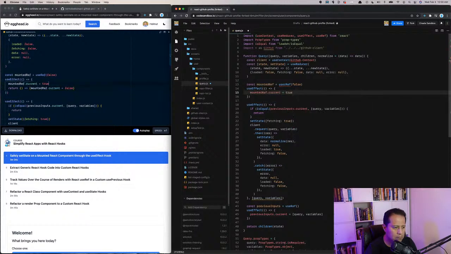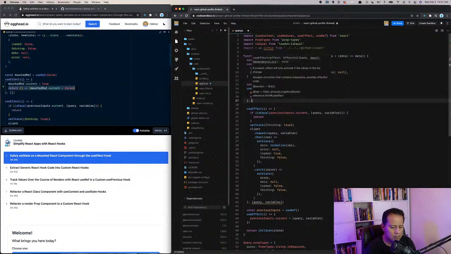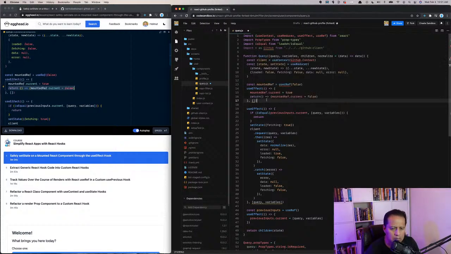Now we only want this to run once when our component is mounted, and then clean up when our component is unmounted. So we're going to pass it inputs, and there will be no inputs, and therefore our inputs will never change, meaning that this callback function will only be called one time when the component is mounted in the first place. And then our cleanup will be called inversely when the component is unmounted. And with that, we get the same effect that we had before with our _isMounted